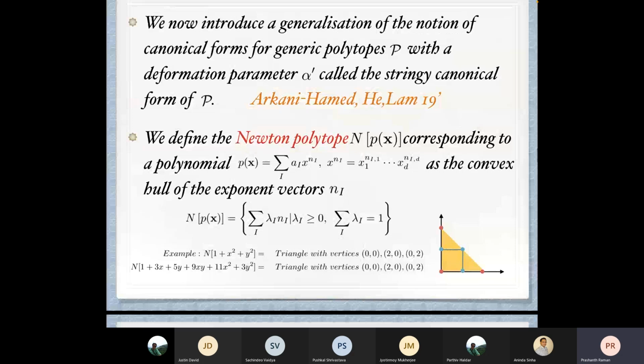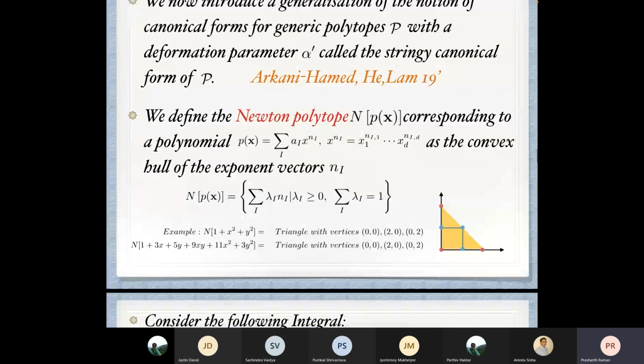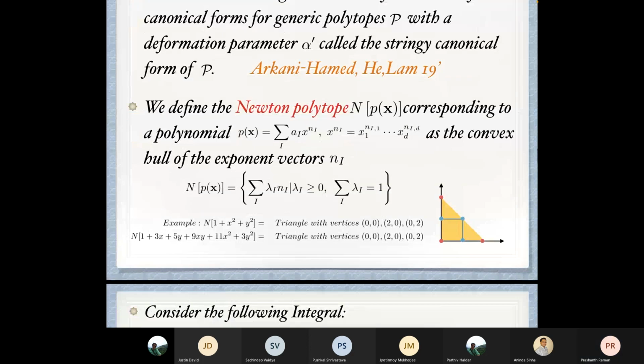But before we define that, I need to introduce the concept of the Newton polytope corresponding to some polynomial. The Newton polytope of a polynomial P is defined as the convex hull of all the exponent vectors. So let's take an example. Suppose we look at 1 plus x squared plus y squared. The exponent vectors are just (0,0), (2,0), and (0,2). So the Newton polytope is the convex hull of these 3 points, which is a triangle. Now I can look at a more complicated polynomial, which is 1 plus 3x plus 5y plus 9x